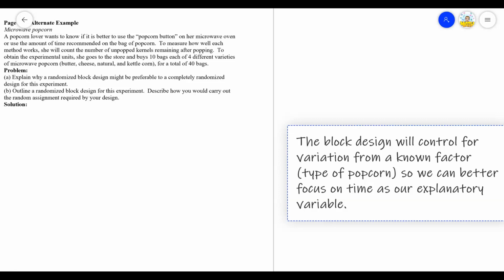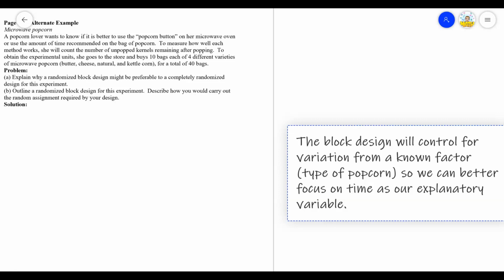So if we control for that, if we break it down and look at just butter and look at what happened with the popcorn button compared to the timer inside a butter block, and then inside a cheese block, and natural and kettle and so on. So in outlining this and describing how we would carry this out, that's the same thing we just did in